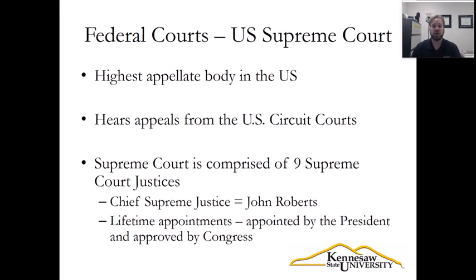And that has actually happened where the Supreme Court has overturned decisions that they've made maybe 30 years beforehand, and they've changed things over time. And so the Supreme Court is the only court that can do that, the U.S. Supreme Court. And so it hears appeals from the U.S. Circuit Courts. So maybe you had a trial in one of the district courts in the federal system, and then you appealed to the U.S. Circuit Court, and you didn't like that outcome, you could then appeal it to the U.S. Supreme Court.